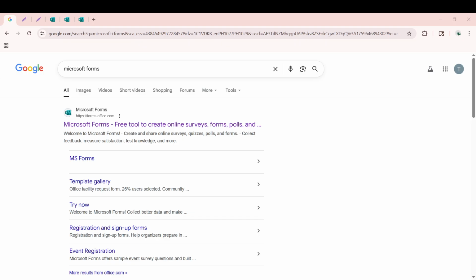To begin, open your preferred web browser. Once it's up and running, type Microsoft Forms into your search engine. You're looking for the official Microsoft Forms link, so make sure you click on that to ensure a seamless experience. Microsoft Forms is a web-based app, which means you'll need an internet connection, and you can access it from any